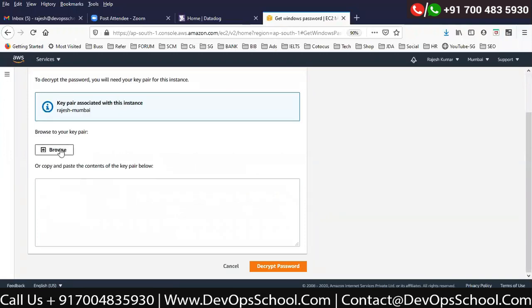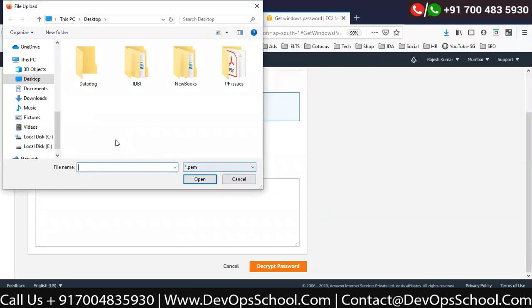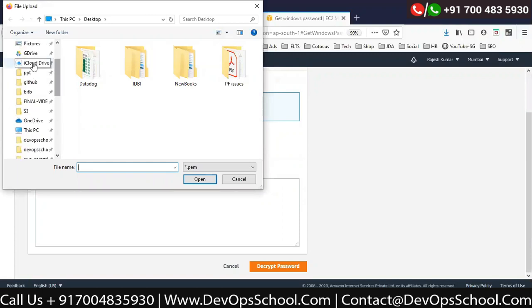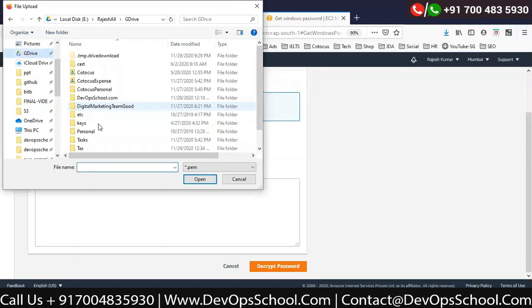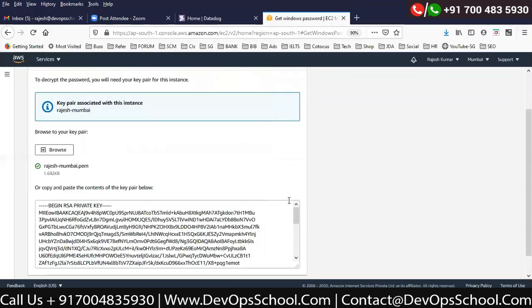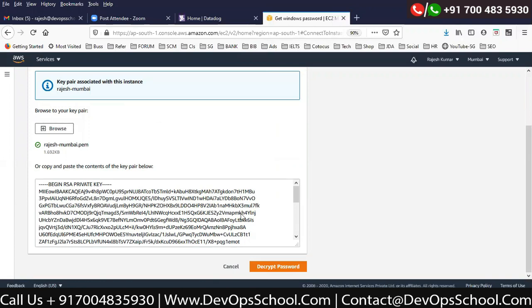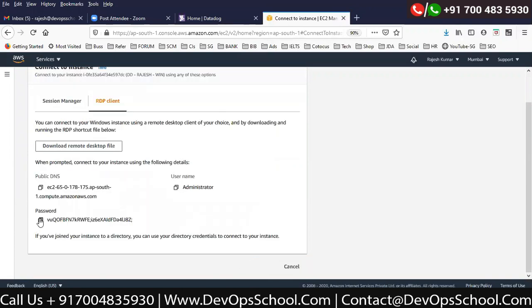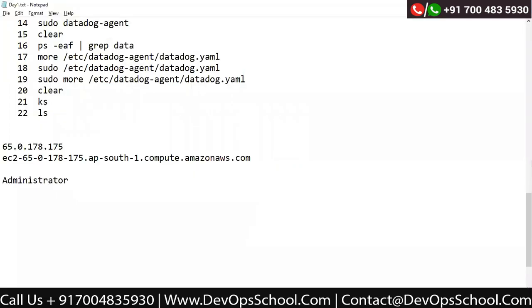Yes, I got it. So browse, I'm generating a password for each one of you. I'll be sharing with you, so don't worry about that. Keys, PEM file, and decrypt. So this is the password which I'm having right now.